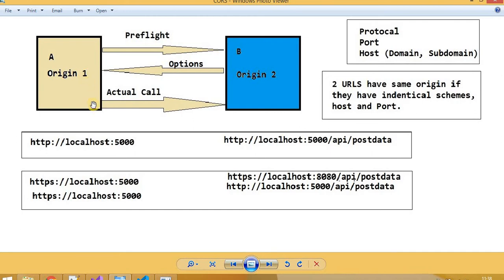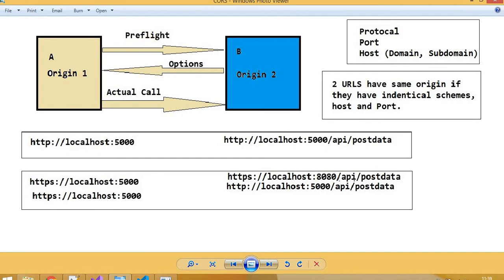In that case, for the actual call, it will check if CORS is implemented there. In the preflight we are sending the details about the resource, and it's checking at the server, the Web API, that CORS is implemented there for the particular URL to allow the source to reach the target, that is the Web API. In the OPTIONS response it returns whether it's allowed or not, and then the actual call goes to get the data from the Web API to the Vue.js application.